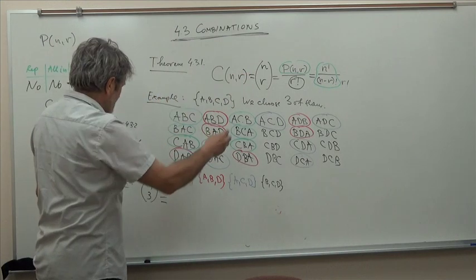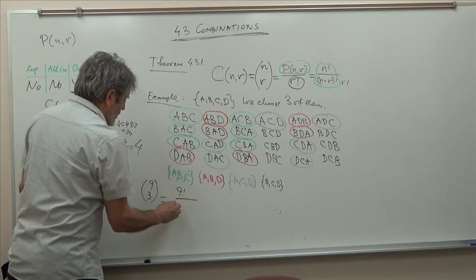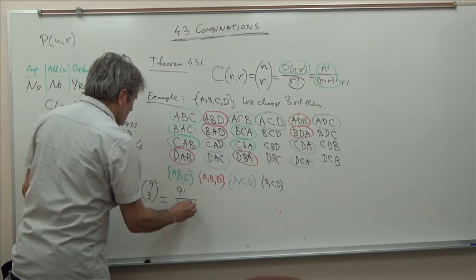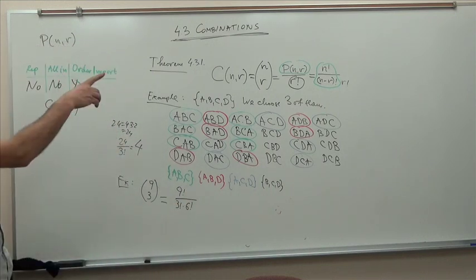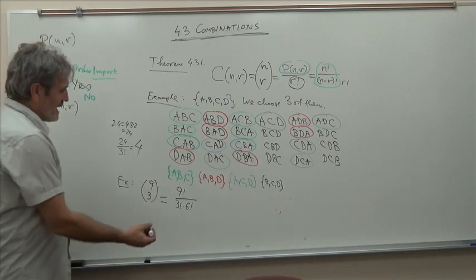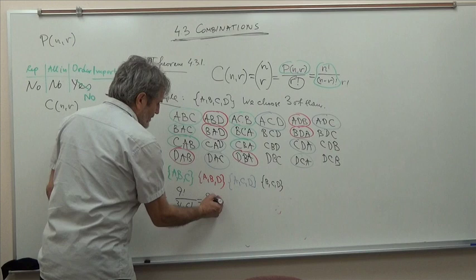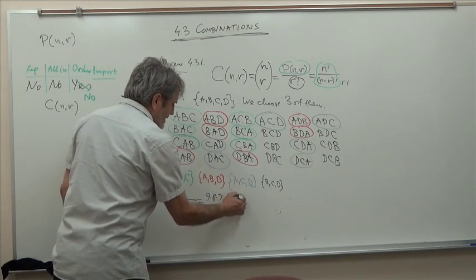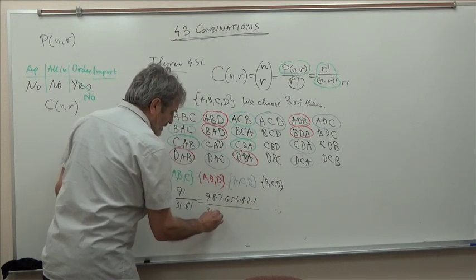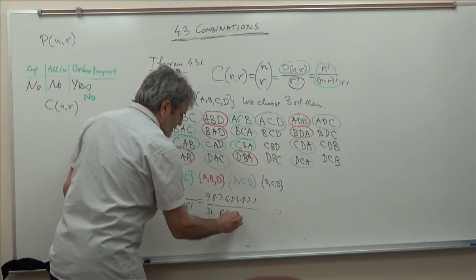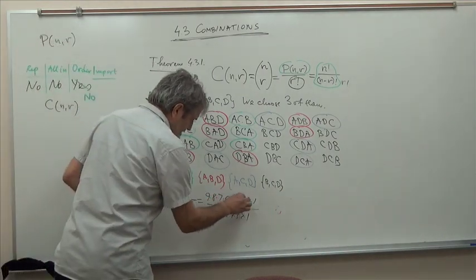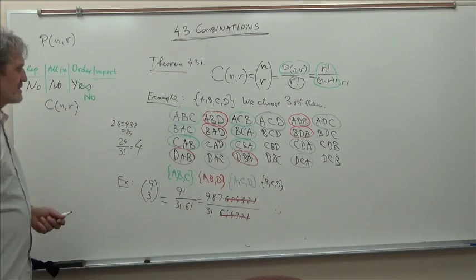So, like the last one, it says 9 factorial over 3 factorial times 6 factorial, because R is 3 and then N minus R is 6. But here's what happened. There was lots of cancellation, and generally if you think of it ahead of time, you can save in the calculation process. 3 factorial, I'll keep 3 factorial, but the 6 factorial, I'll put 6, 5, 4, 3, 2, 1. And then what happens? I cancel 6, 5, 4, 3, 2, 1 with 6, 5, 4, 3, 2, 1, and